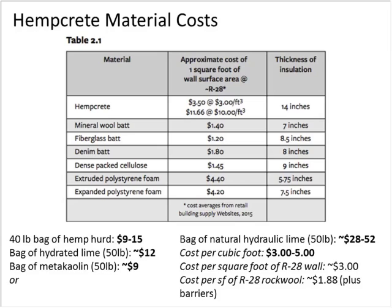But I think should the hemp market develop, there are some U.S. states now handing out permits for experimental hemp farming. As that expands, the price will definitely drop quickly. But right now, these prices are actually all in Canadian dollars, so there may be some differences if you're buying material from Canada. These prices may actually be lower, but comparatively, if we can get our hemp and lime and metakaolin all relatively locally,